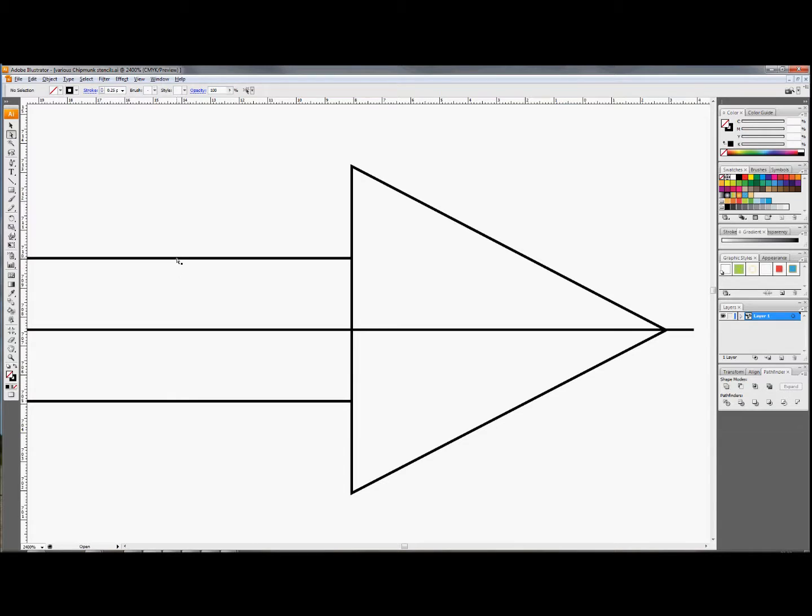If we then select the rectangular part of our arrowhead and do the same thing again, we select, using the direct selection tool, this anchor point here, it goes dark. Hold the shift key down and select this anchor point here, it goes dark. So those two anchor points are now selected. If we go to our cut anchor point at selected points,